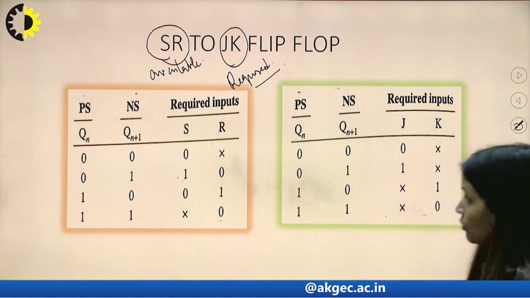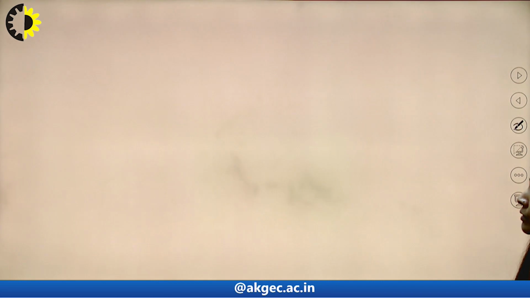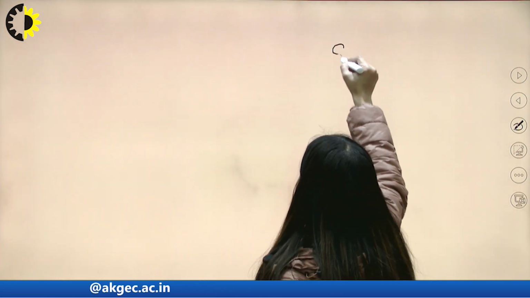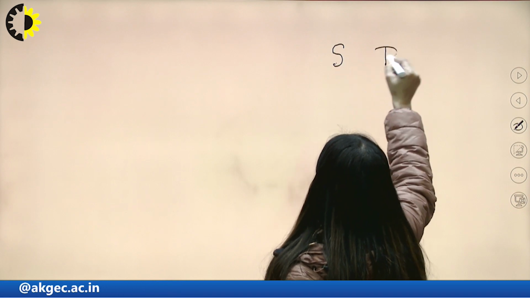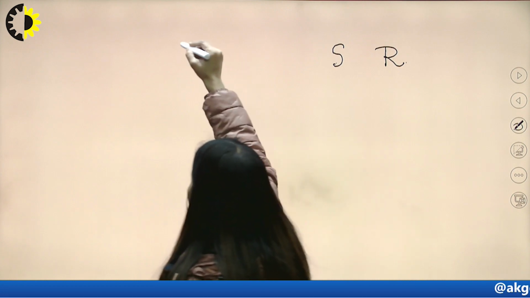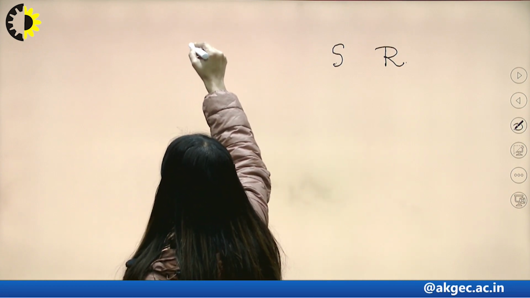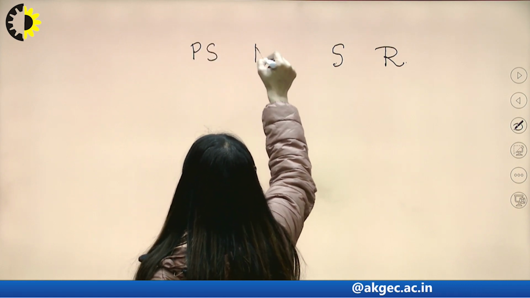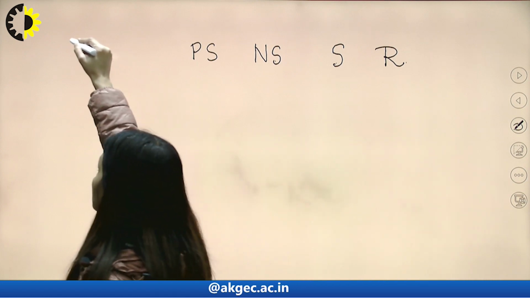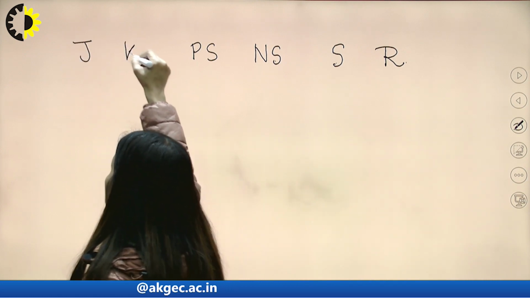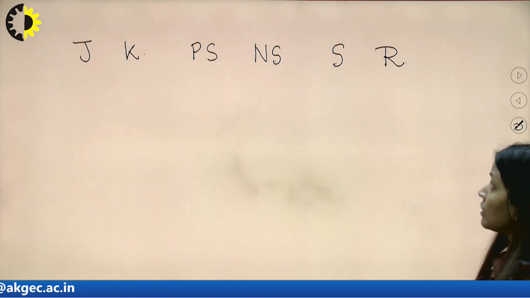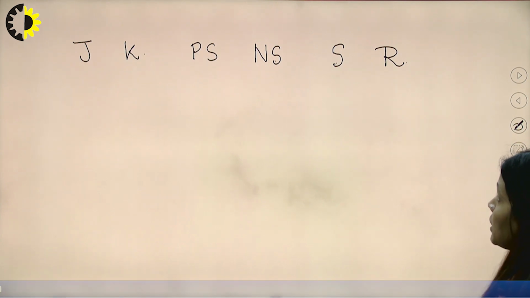So, here we will write SR flip-flop, and then here we will write present state, next state, and here we will be writing the J. We will write in this way. Now coming to the SR,